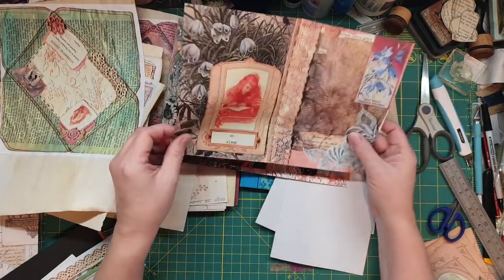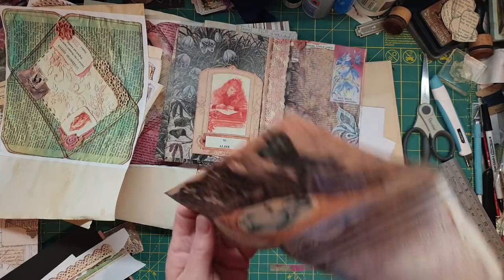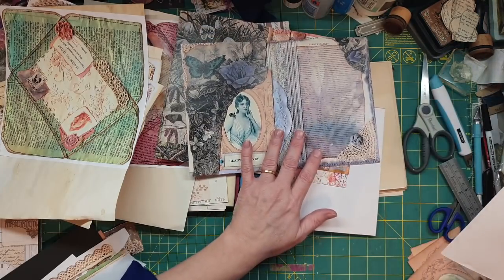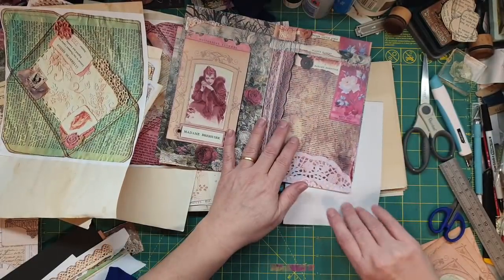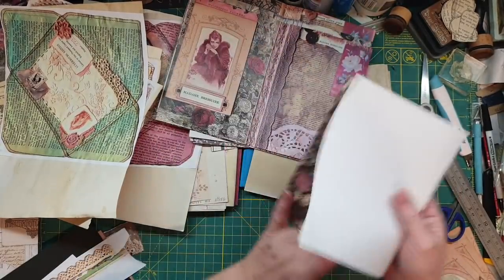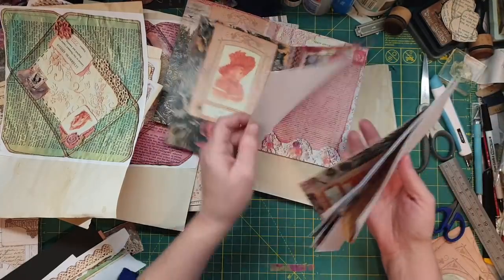So the sewing and everything that you see on the actual original, if you cut it up, it ends up being like that. So I'm really happy with how that has turned out. Definitely want to. So there are the pages. Close them up again, but I definitely need to coffee dye the back of those. But I've been out all day, so